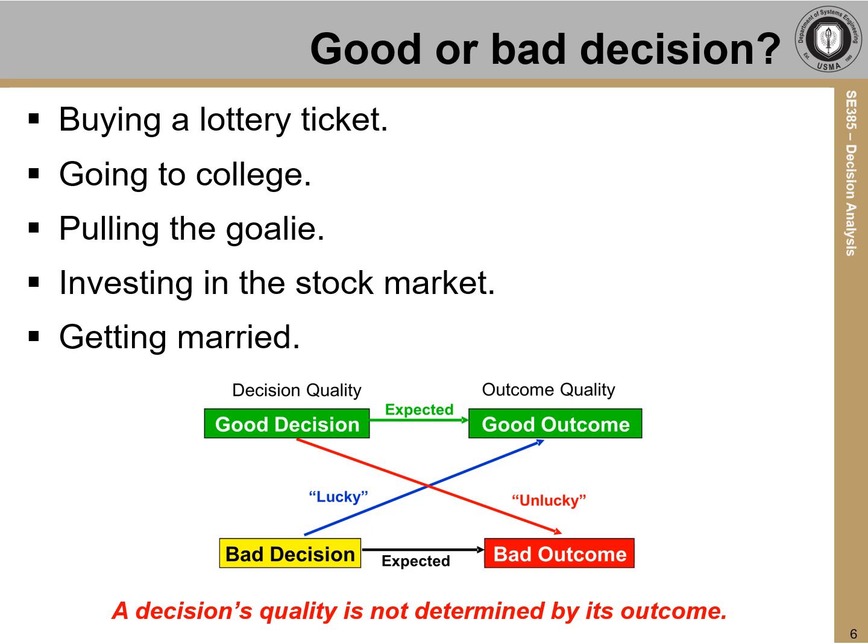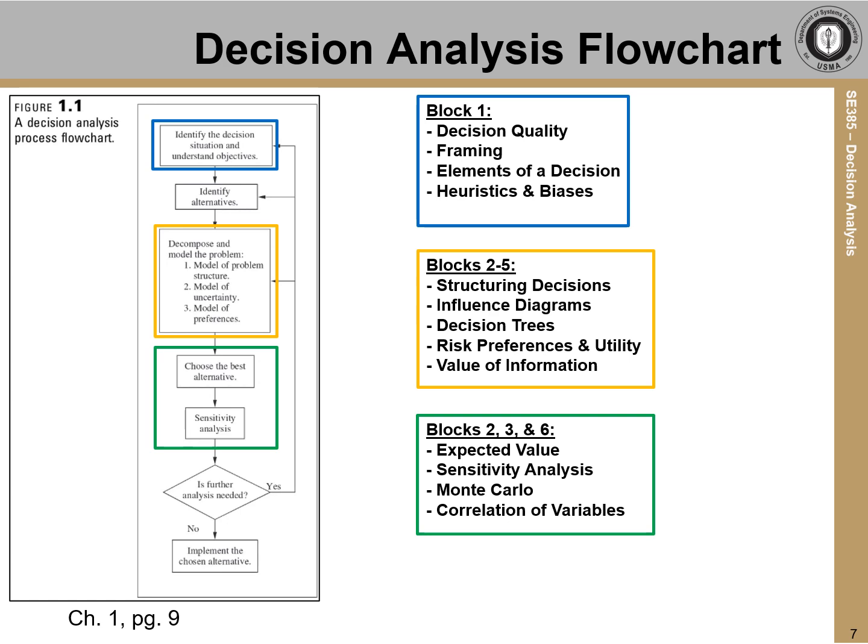Similarly, you might make a bad decision. You might just not do any analysis at all and just make a bad decision, and you might have a good outcome. And that's just what happens if you get lucky. But again, decision analysis is all about helping you make a good decision so that it's expected that you have a good outcome. So we talked about the decision analysis flowchart, and this is straight from the book, chapter 1,